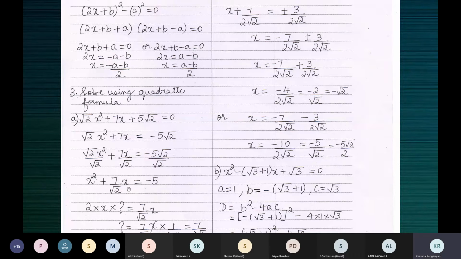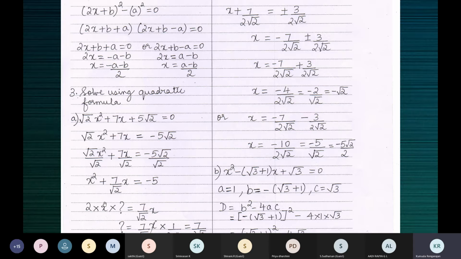And we have this. Now we have to add, you know, half the coefficient of x. So you can directly write 7 by 2 root 2 the whole square is what you'll have to add on both the sides. 7 by 2 into root 2, or 2 root 2, the whole square. And this is what it is. Why it is like that is worked here.